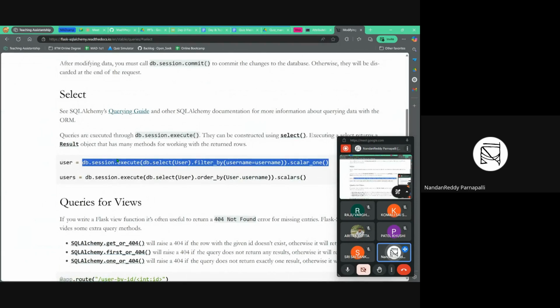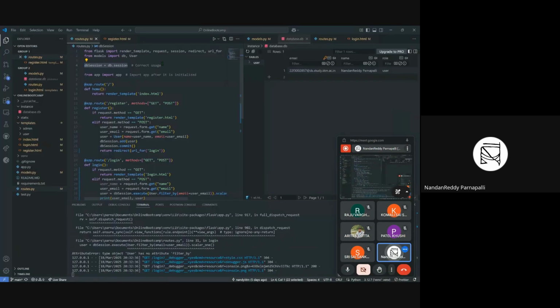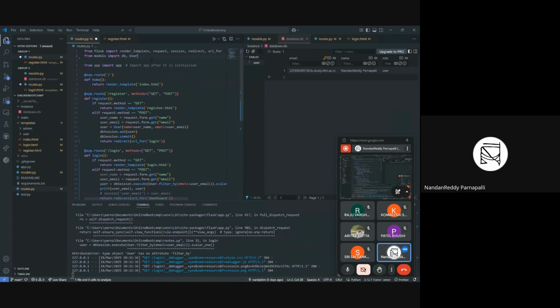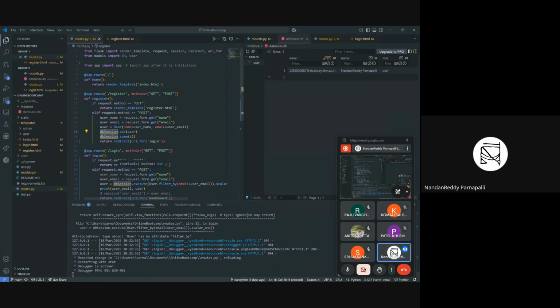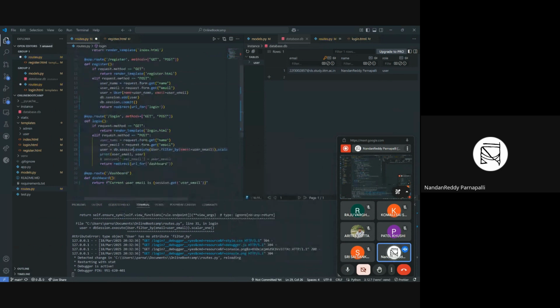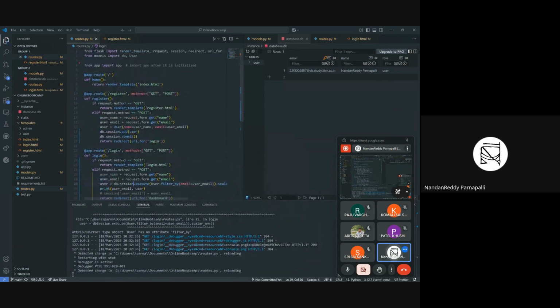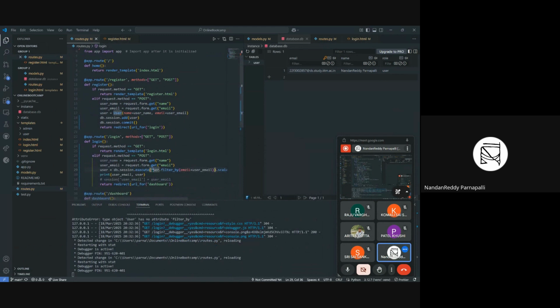So you can see db.session and db.select. It is a little bit confusing, so that's why I'm removing this db_session. And after that, wherever I put db_session, I'm just putting db.session: db.session.commit, db.session.execute. So let's try with this db.session.execute, db.select